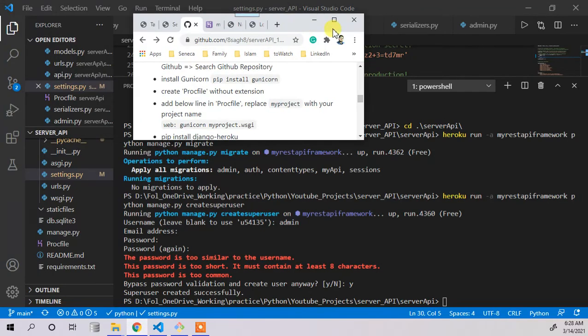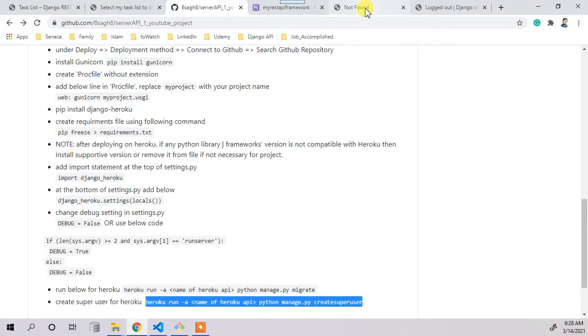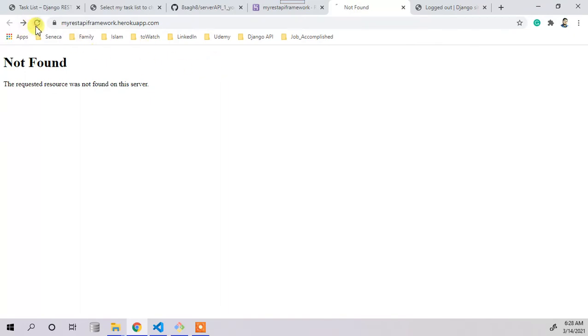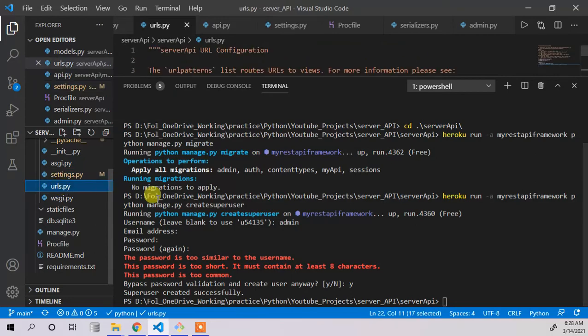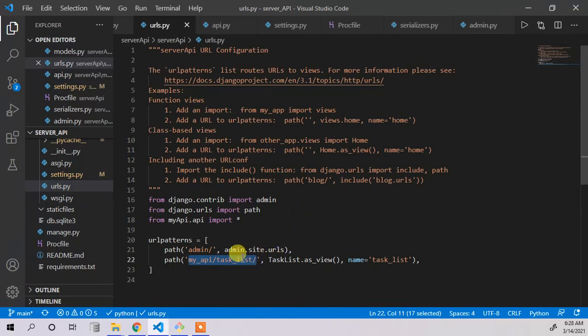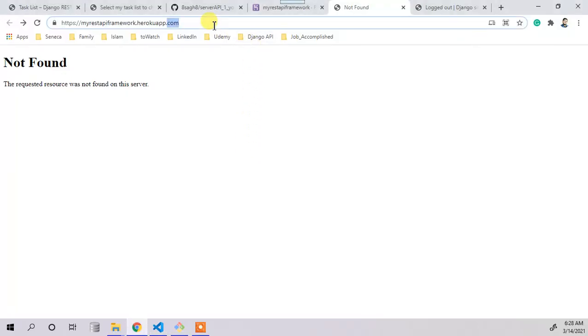So now we are here for the REST API. Okay, the page will not be found, so we need the URL. Okay, so that's the URL we are seeing.